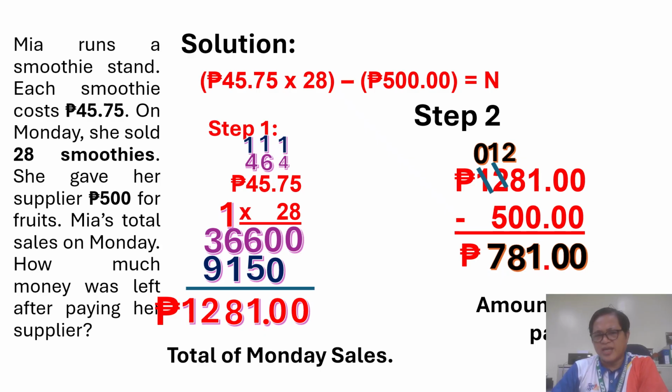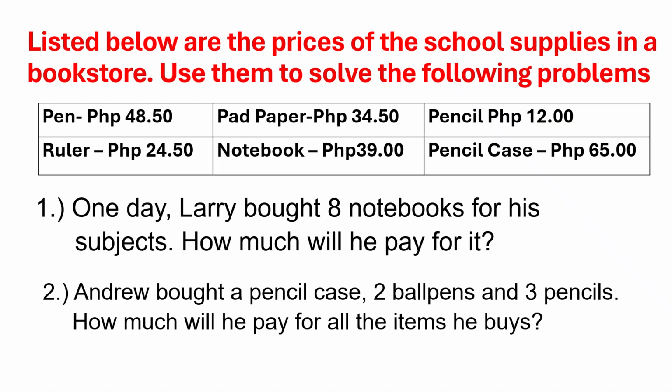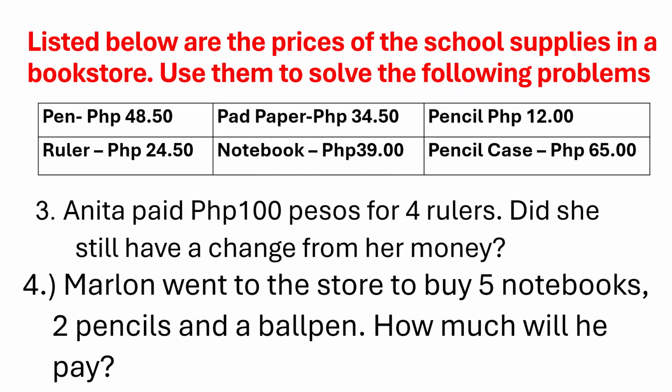Is it understood now? This will be the continuation of our lesson yesterday. For section P, you already have this as an assignment, numbers 1 and 2. And of course, you also have numbers 3 and 4. Write down your solutions in your notebooks, and on Monday, we are going to check them. Would it be okay?